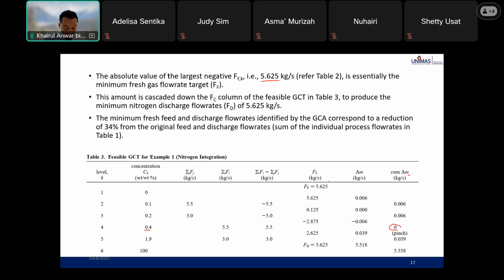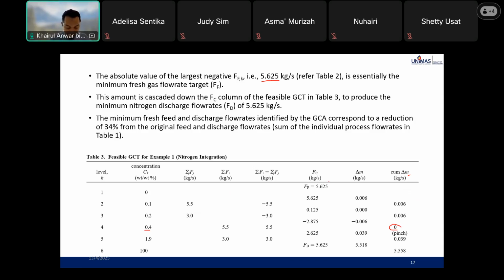Emission from the drying process SR2. Okay, source number 2, which is from the drying process, was verified as the pinch causing source for this example. To achieve the minimum gas target, 2.875 kg of SR2. SR2 is 5.5 kg total. So to achieve the minimum gas target, 2.875 of SR2,